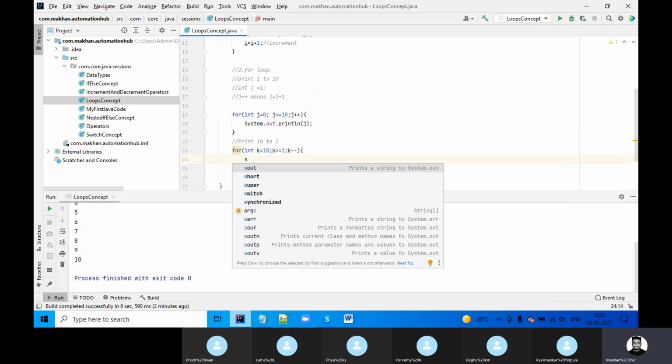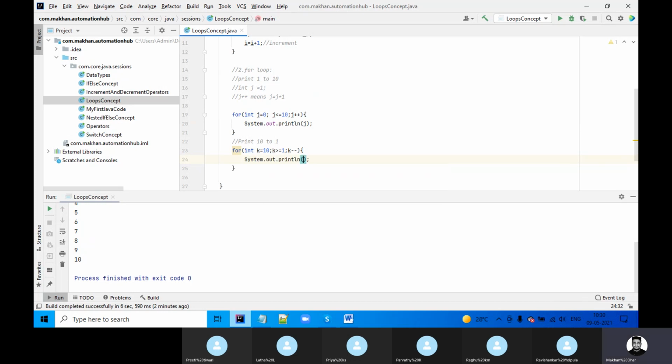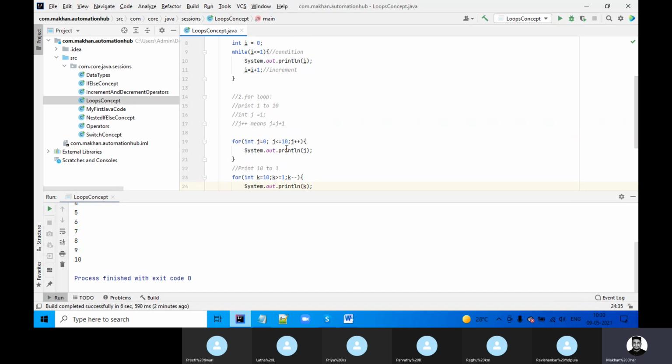Now I'm saying system.out.println, and I need the simple value of k. Let's run.